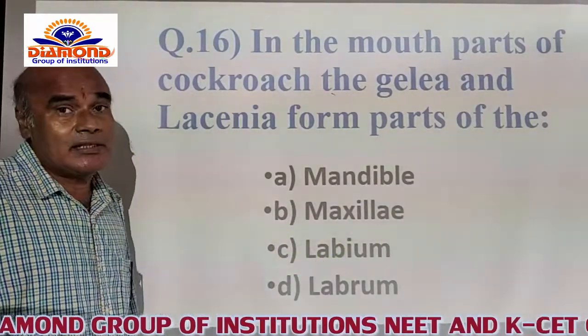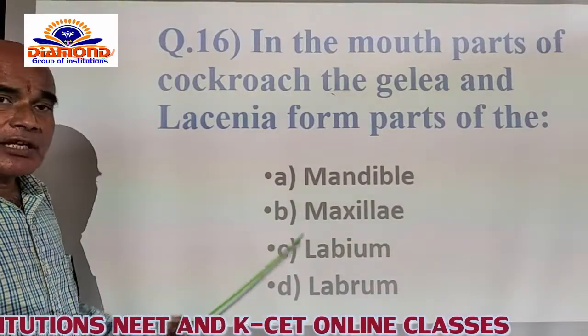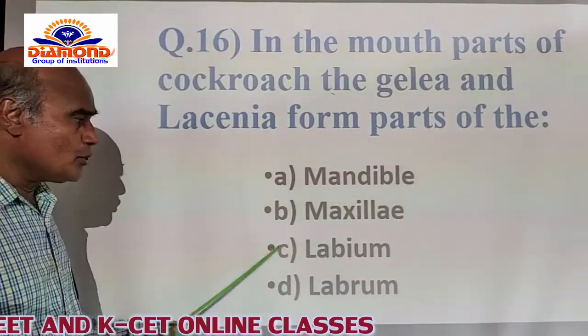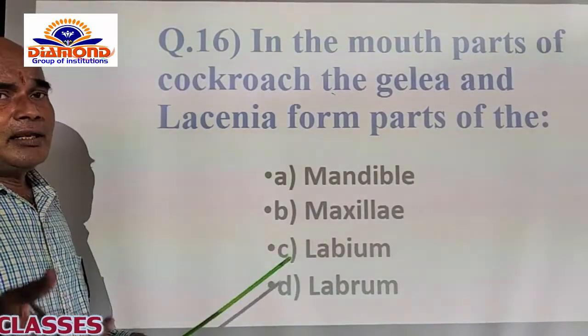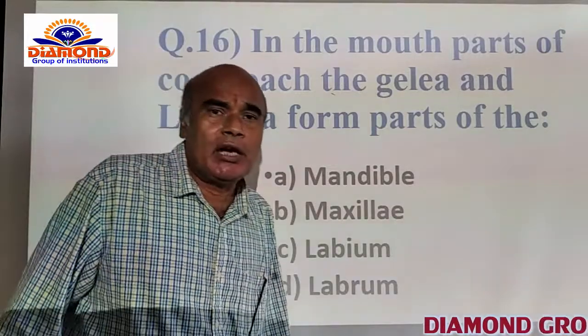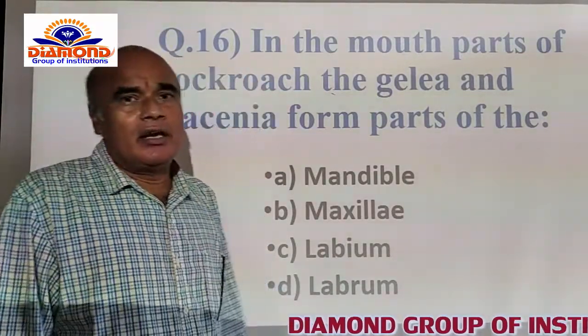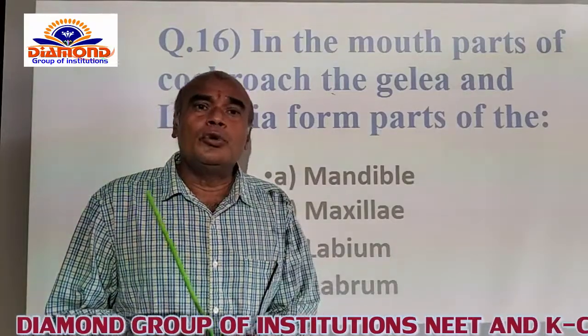What I said, maxillae. The maxillae naturally contain them. The second pair of maxillae are united to form the labium. So that's why maxillae is the correct option for this, because the maxillae are provided with the lacinia and galea. Lacinia and galea are collectively named as the ligula.